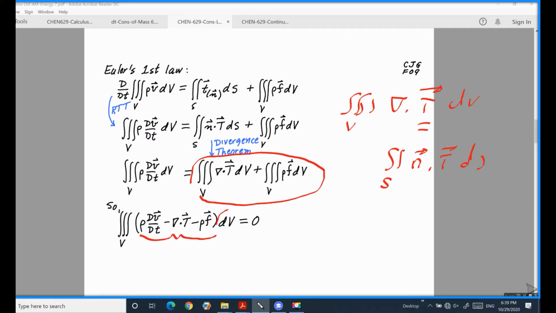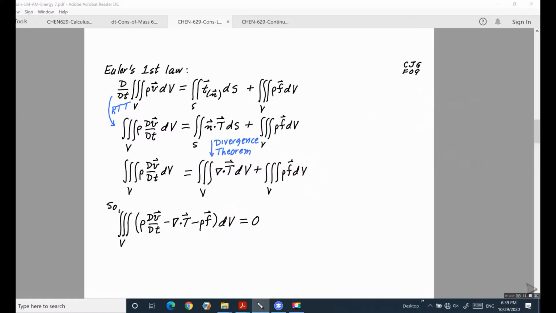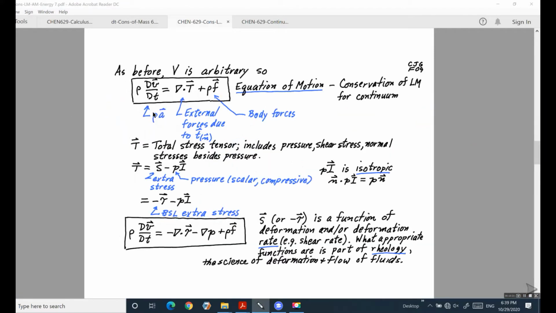Either this should be 0, and this cannot be 0 because the control volume cannot be 0. So this term is going to be 0, similar to mass conservation. Going to the next part, we obtain the equation of motion here,